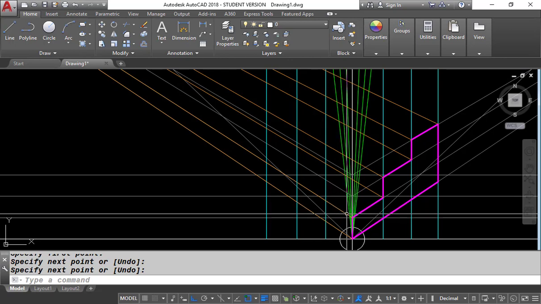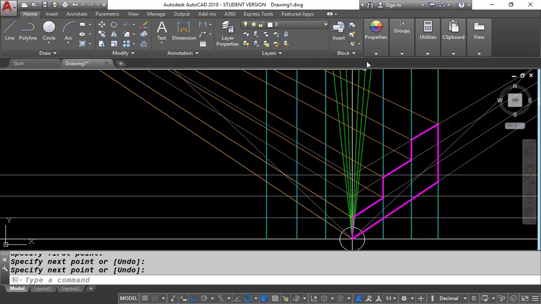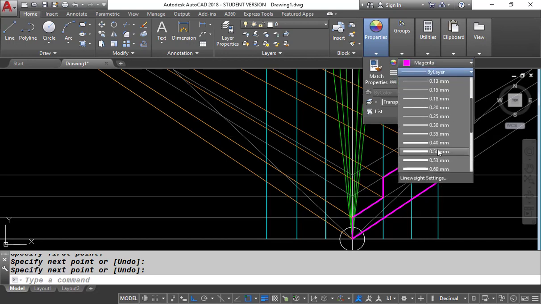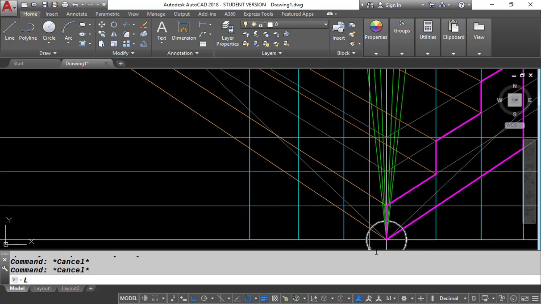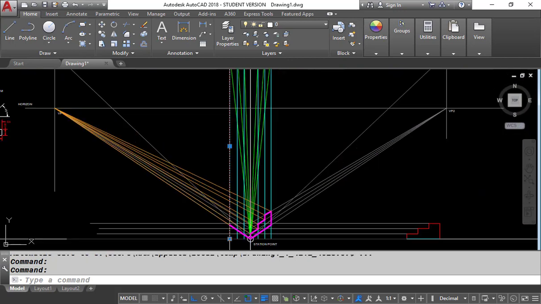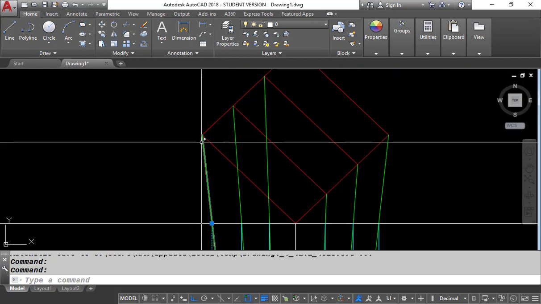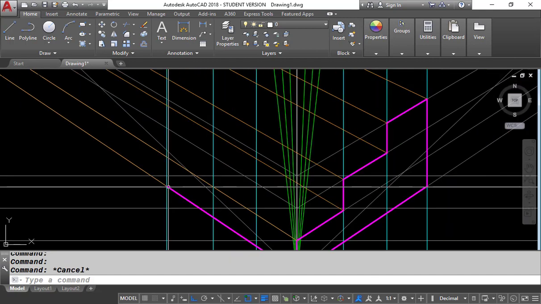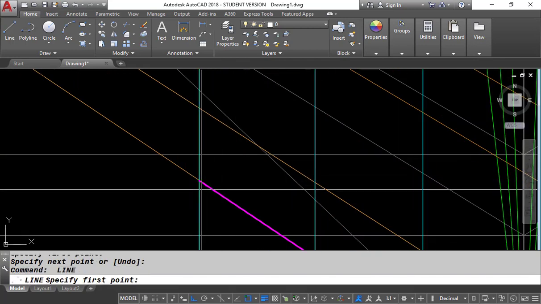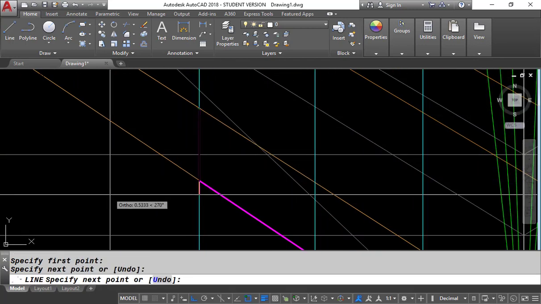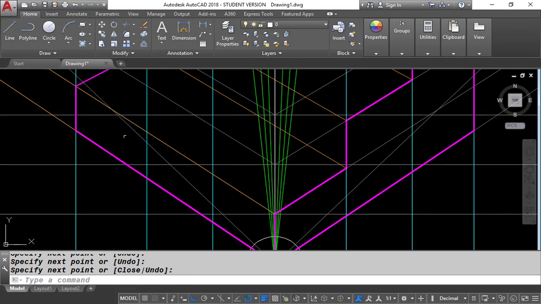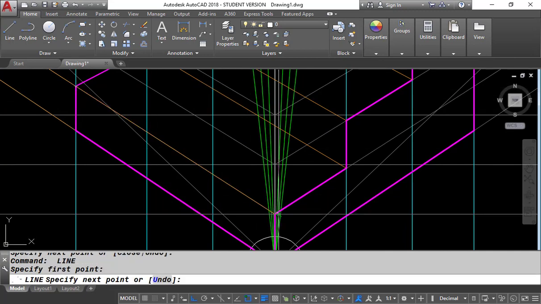Okay, now we can also start from here. So what we can do, we can change the color to magenta, and let's say draw with line weight. Now I will connect this line to this point. Why to this point? Because this is our exterior point. Then after this, the line is now connected to the vanishing point, and from here I can also take the vertical projection, and this connects to the vanishing point, and this one I can connect from here.